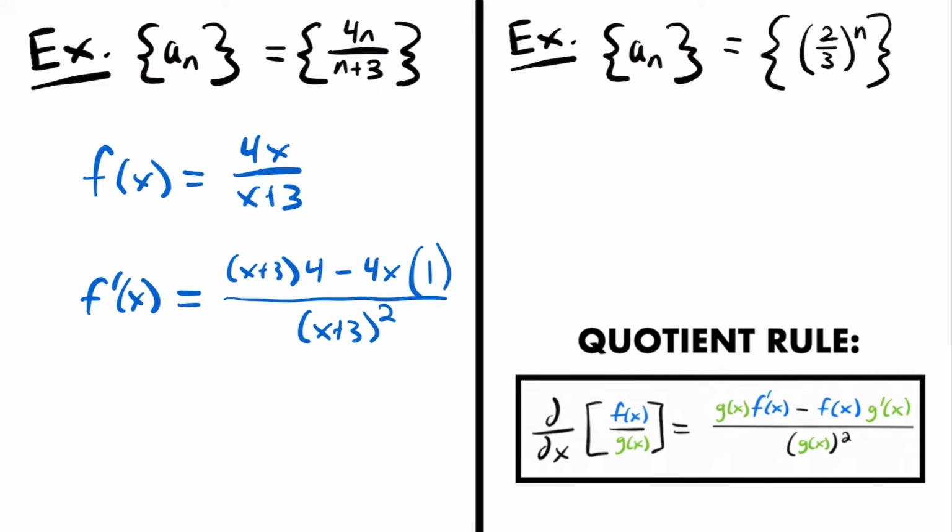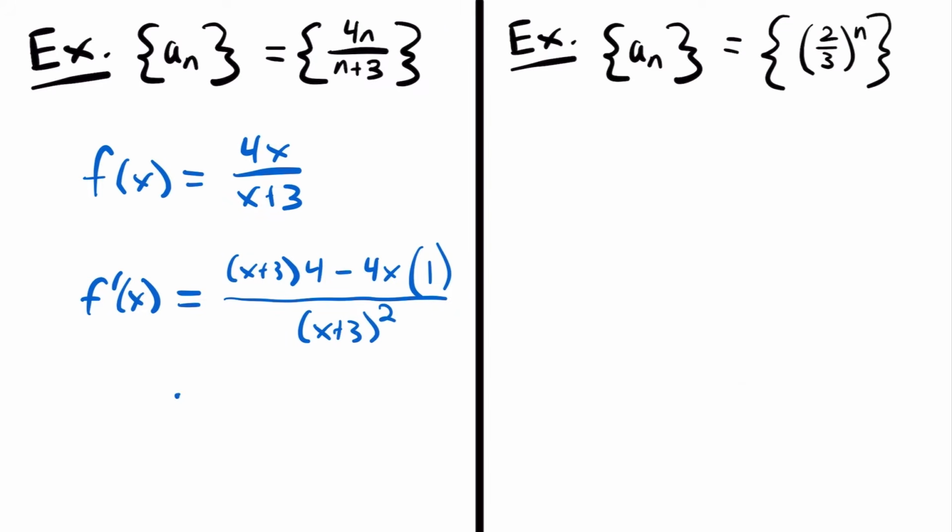So we have x plus 3 squared. All right, and so if we simplify, this is equal to 4 times x plus 3. So we have 4x plus 12 if we distribute that 4. And then minus 4x divided by x plus 3 squared. Now we have 4x and negative 4x, so those will cancel out, just leaving us with 12 in the numerator. And so if I erase that, then we can see that our derivative is just 12 divided by x plus